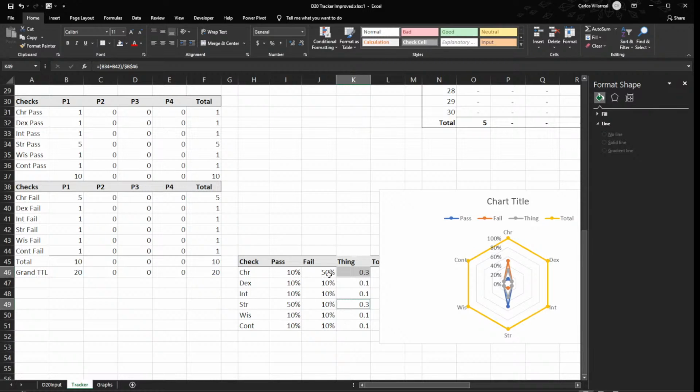Now, because of how I have the data here, these both appear like that. But I want this to be higher. Like I want this to be on the outer ring so that it would be